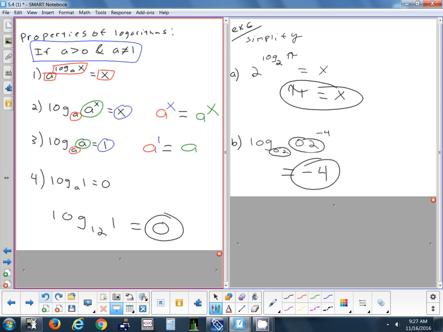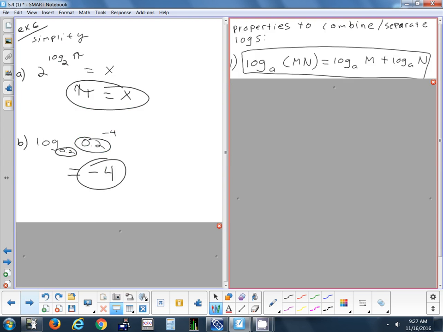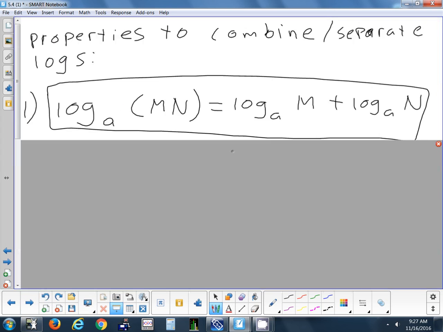Okay. Any questions on that? Okay. Just some special patterns to look for, and the reasons why they work. Really, it's not overly complicated. All right. So the last thing we're going to do with logs is learn some properties to combine them and